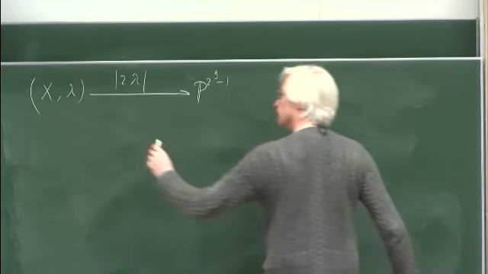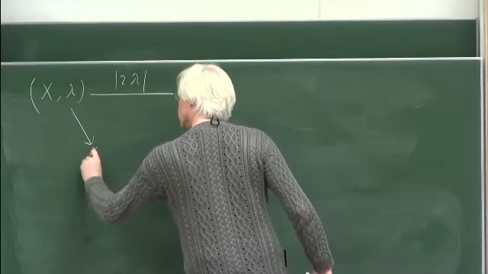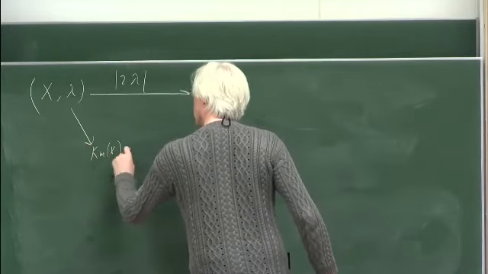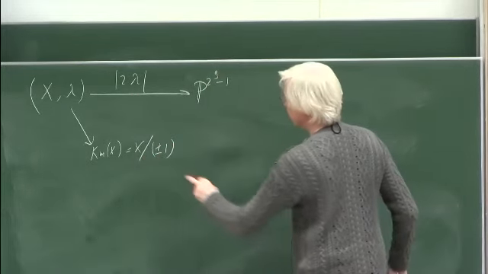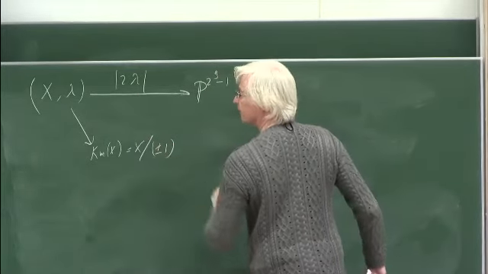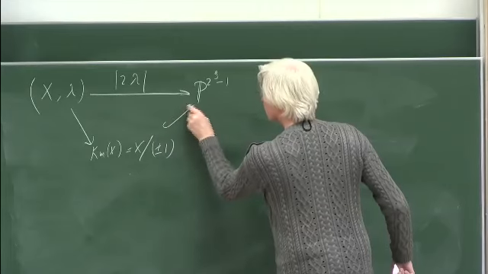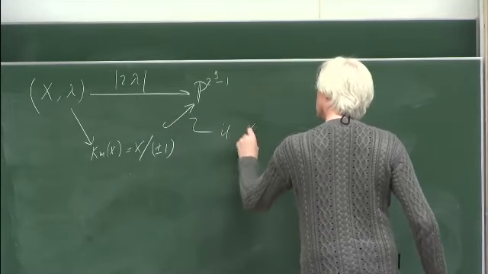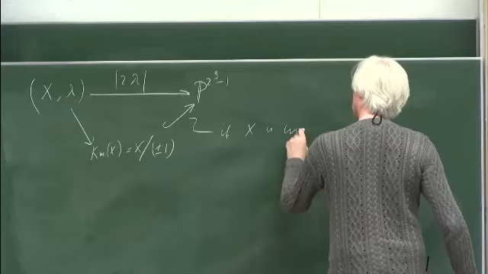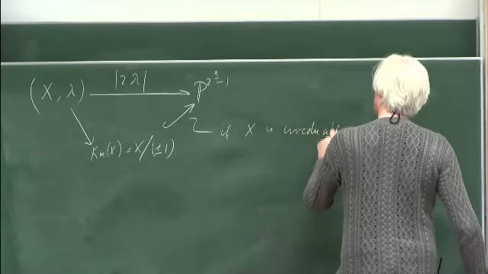And then the Kummer variety is the image. And in fact, if X is irreducible, then this is an embedding